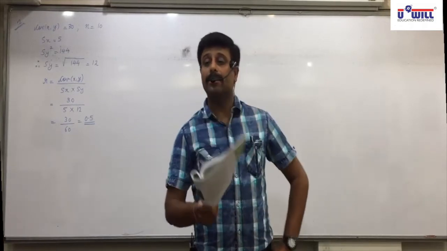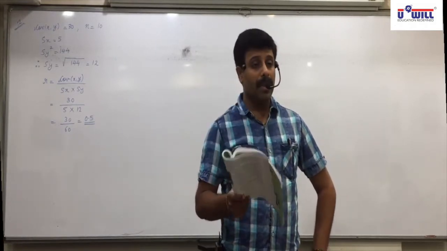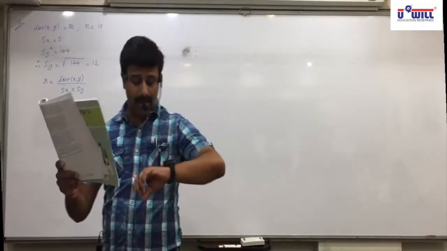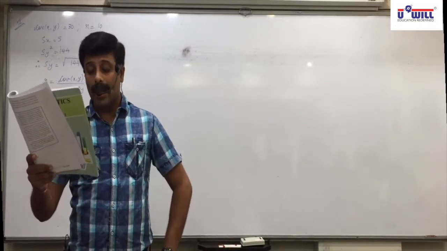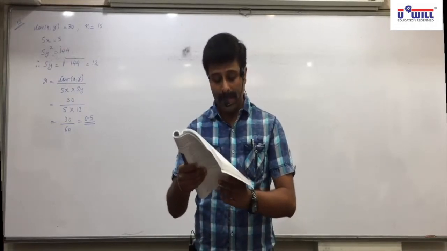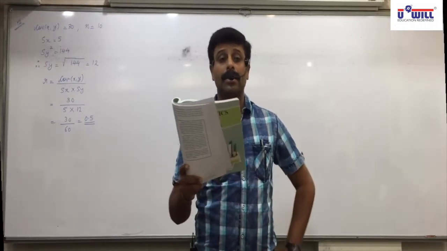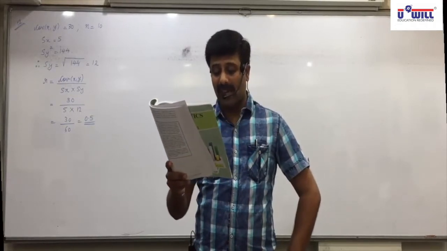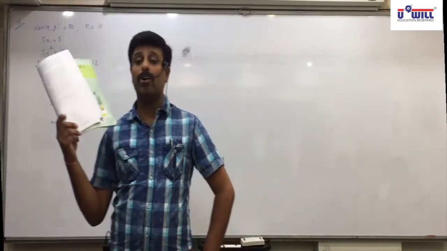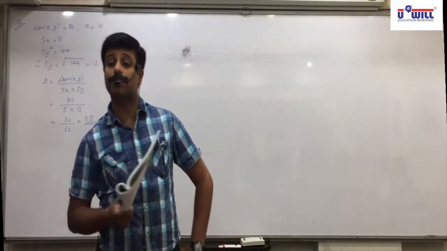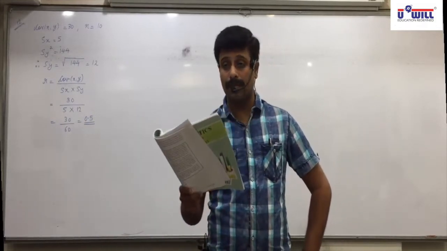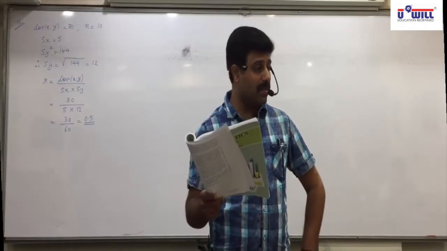The following data is obtained for two variables, inflation X and interest rate Y. N is equal to 50, sigma X is equal to 500, sigma Y is equal to 300, sigma X square 5450, sigma Y square 2000, sigma XY 3090. Disha, which formula will you use? Fourth formula will be used. All of you are clear with it. As per the information given, we will use the fourth formula.